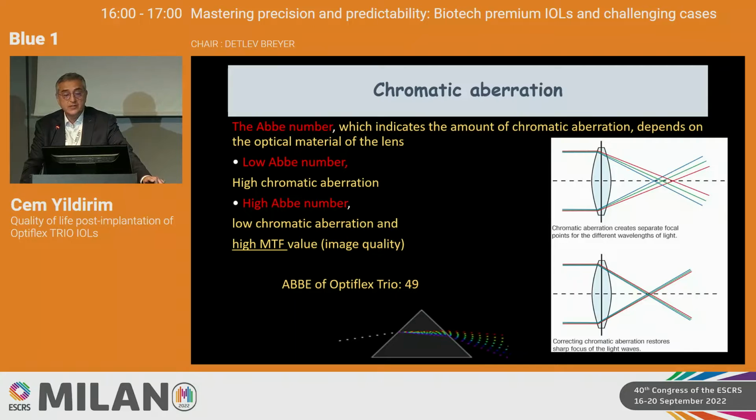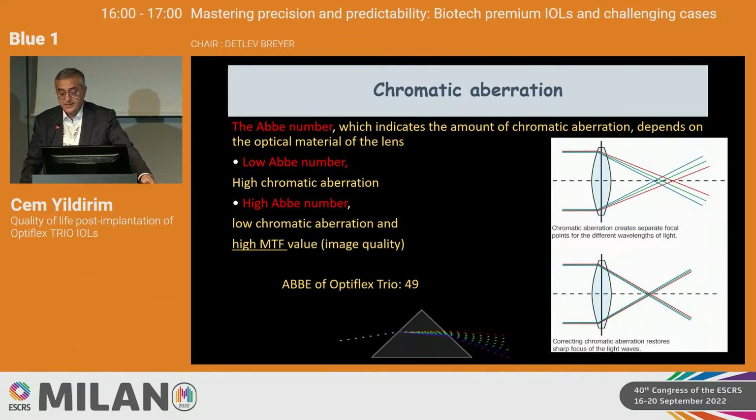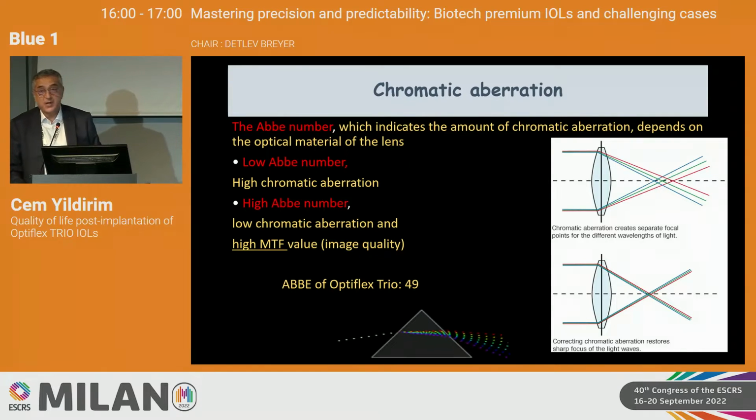The third one is chromatic aberration. Chromatic aberration creates separate focal points for the different wavelengths of light. But correcting the chromatic aberration of the trifocal lens restores sharp focus of the light waves. And the Abbe number, which indicates the amount of chromatic aberration, depends on the optical material of the lens. With the high Abbe number of the TRIO lens, low chromatic aberration and high MTF values are obtained for